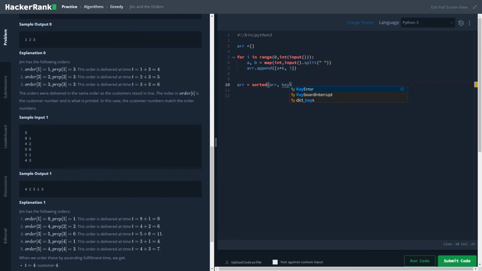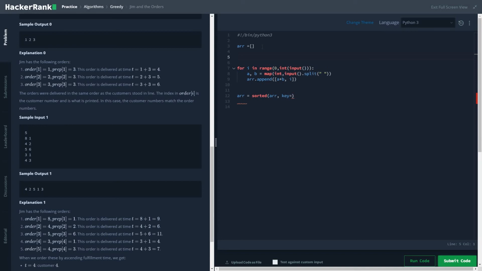Generally we would just sort it, but here we want to sort on the basis of the value of a plus b, meaning the total duration of time. So we have to write a key function and define another function for that.